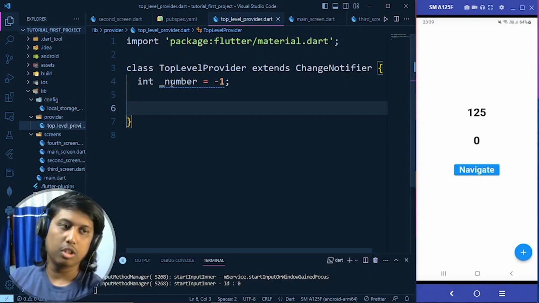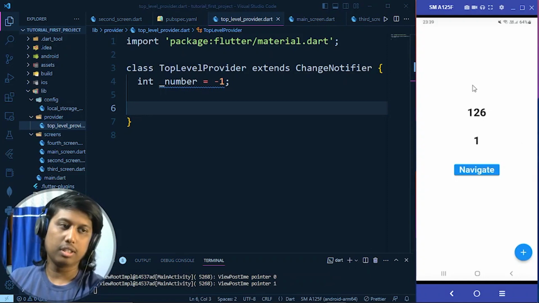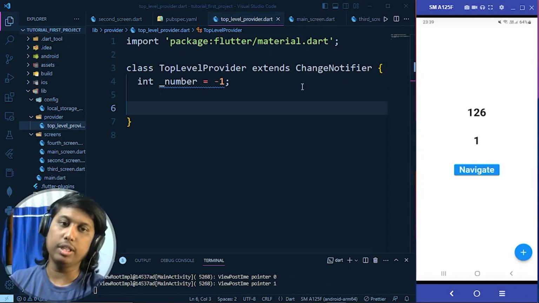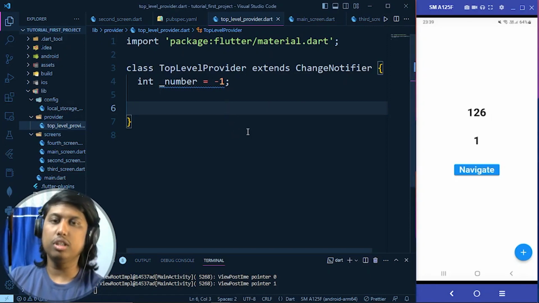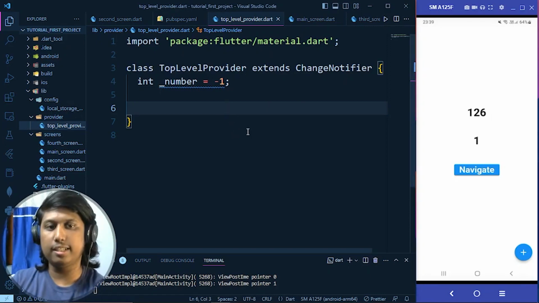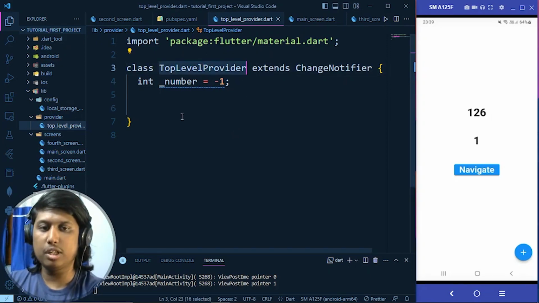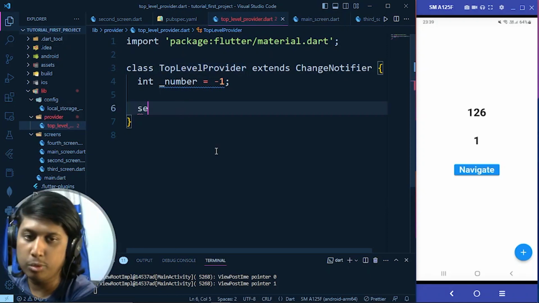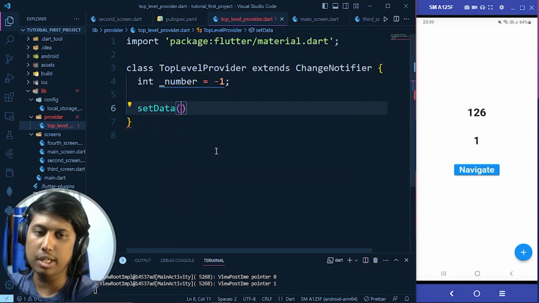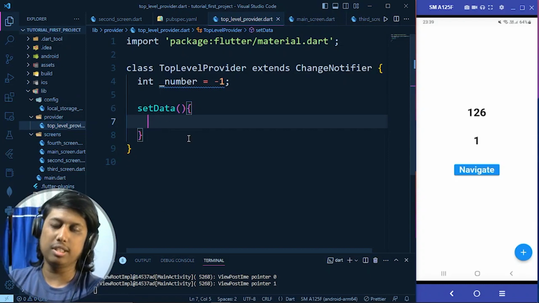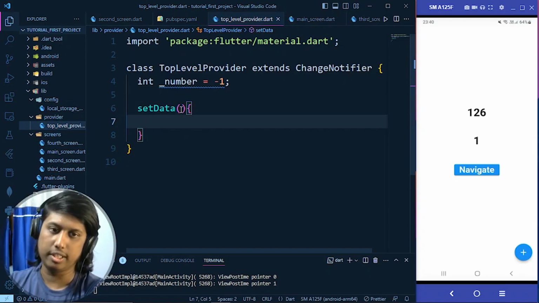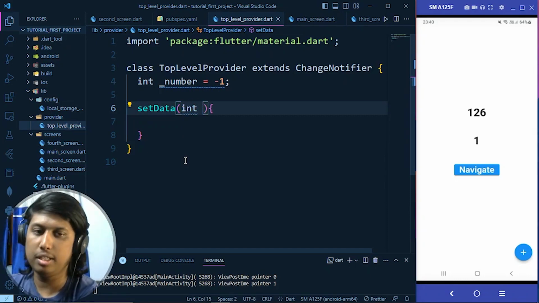Why the set method? When there is a number change, just like when we click here and the number changes to 126, we have to store it in that container. So for storing or setting data in that provider controller, TopLevelProvider, we have to use a method named setData. You can name that method as per your choice, but I prefer it this way. Now I give here the incoming